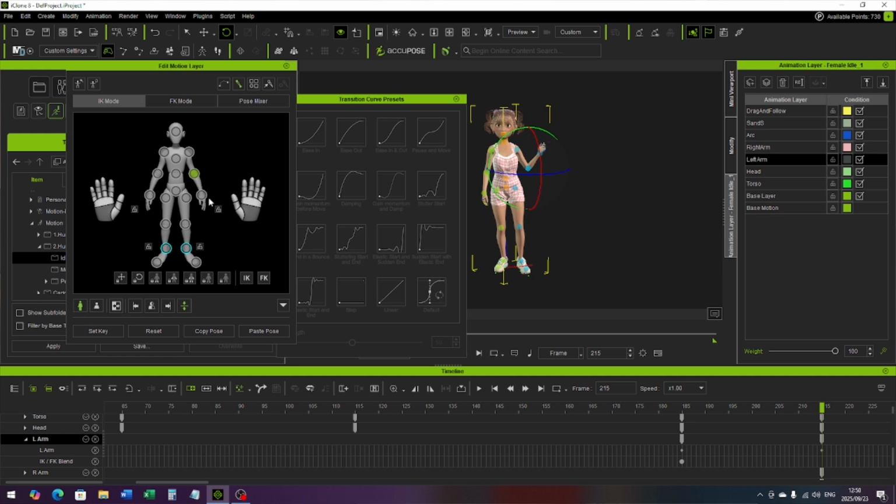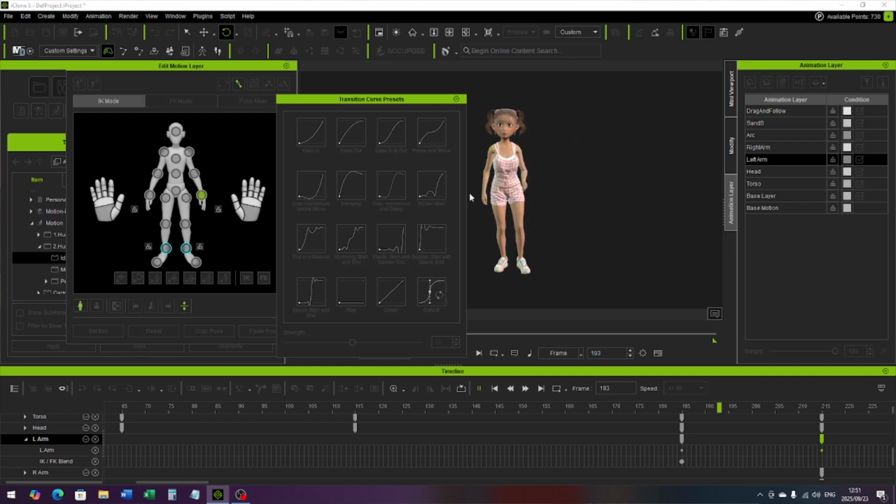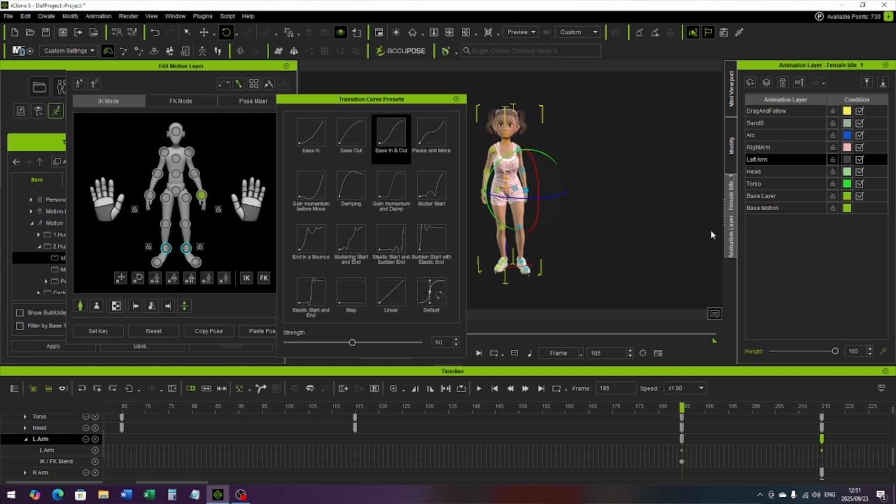Like so, and her hand. But let's move like so. And we can, and now we go back and we just add transition curve. Slow in, and then we go and we do the right arm. So we click on right arm,